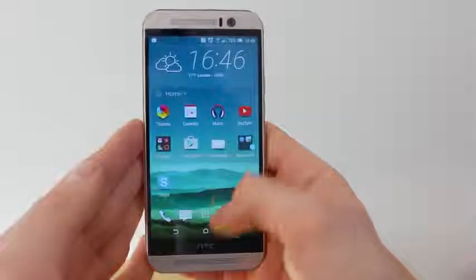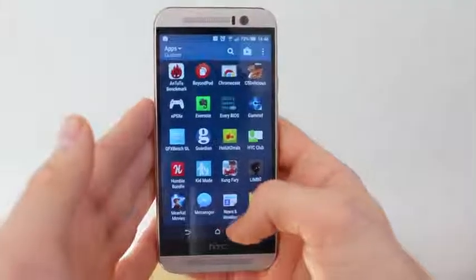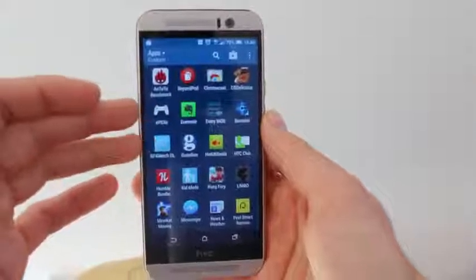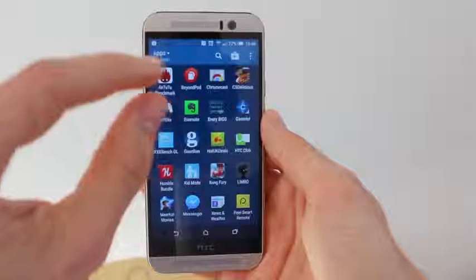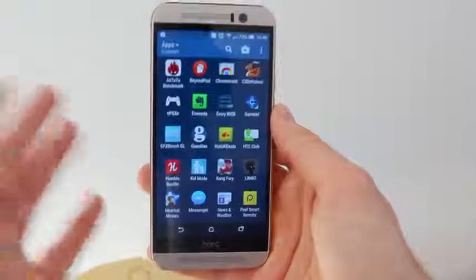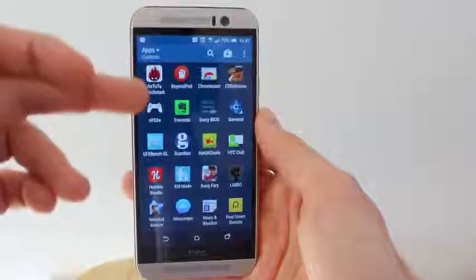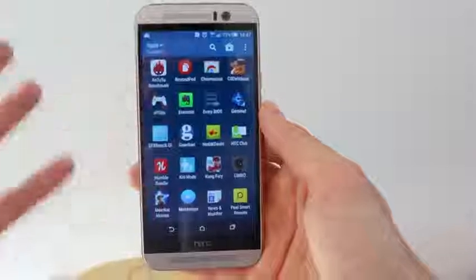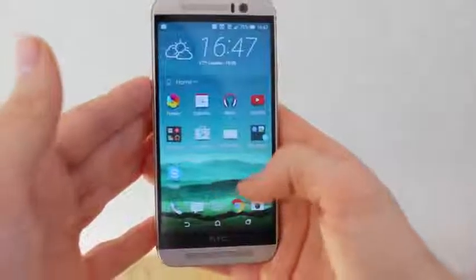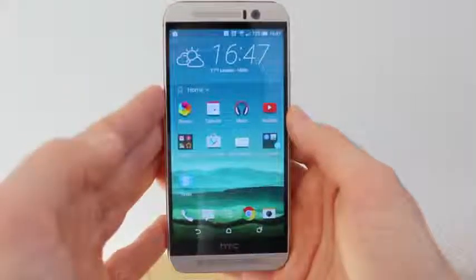So the Android M app drawer, which I don't yet have installed on this device, the HTC One M9, basically lists the apps in the app drawer alphabetically, and also arranges them by having your most frequently used ones at the very top. So it monitors how often you use certain apps, and then it will show your favorites at the top of the app drawer rather than just have them mingled among all the other apps, which is pretty handy for many people. So you don't need to wait for Android M to get this update, you can actually get it already